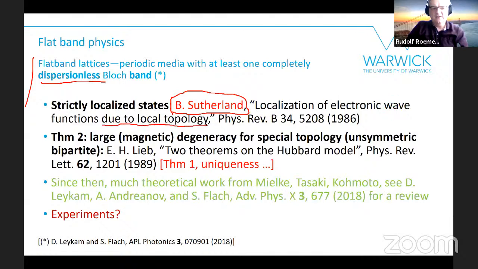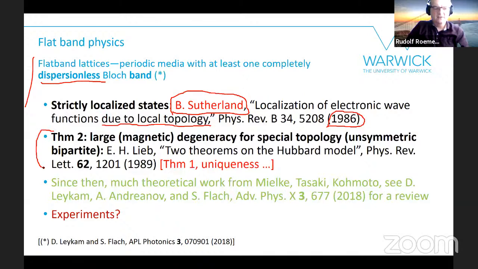And if I'm not entirely mistaken, he was motivated to do this by looking at so-called quasi-periodic systems, which, as I'm sure you probably all know, in the mid-1980s had just been discovered and were very interesting for many people to study. But even before I did my PhD in the early 1990s, I should have known a little bit about flat bands,